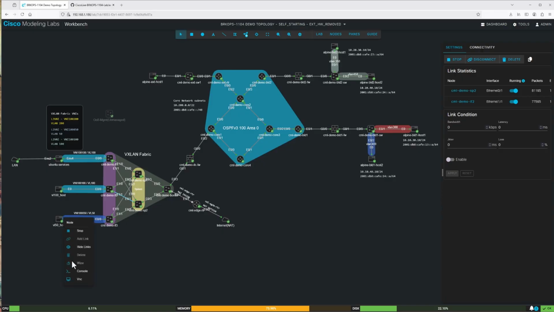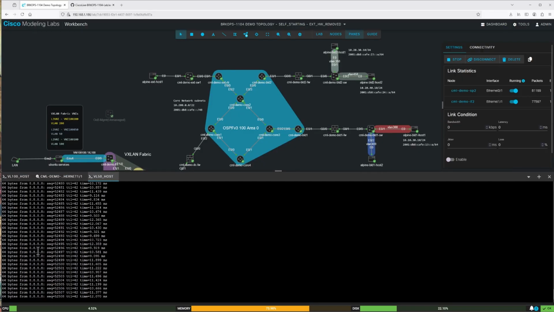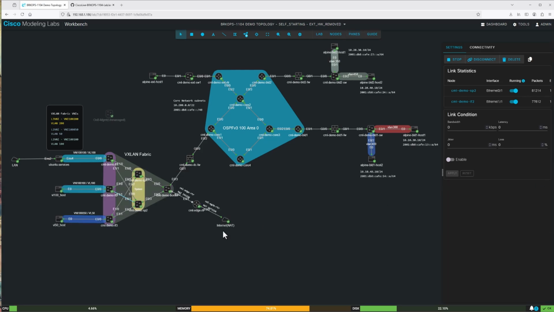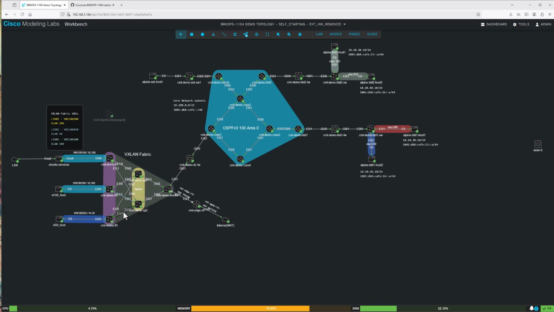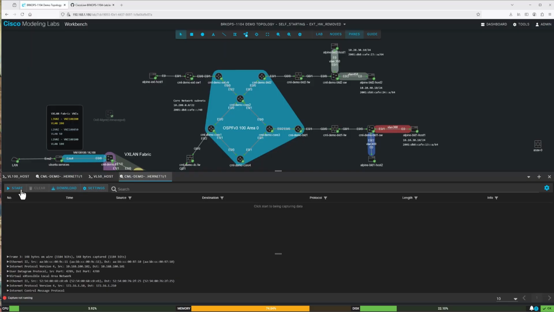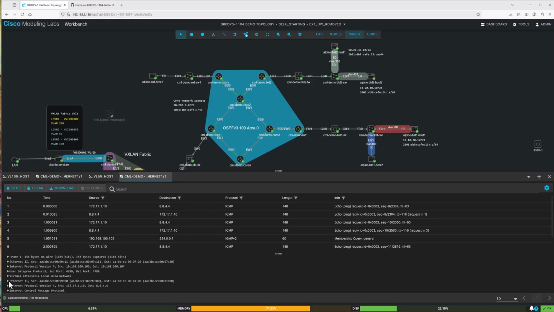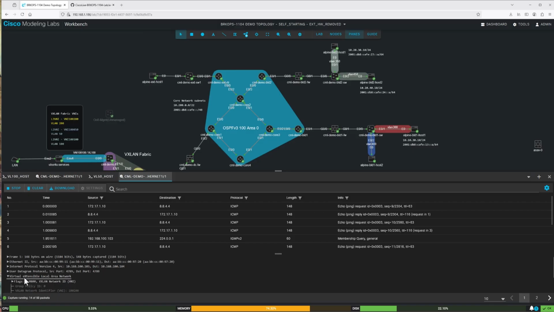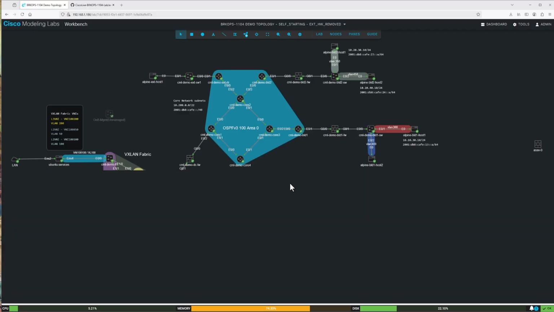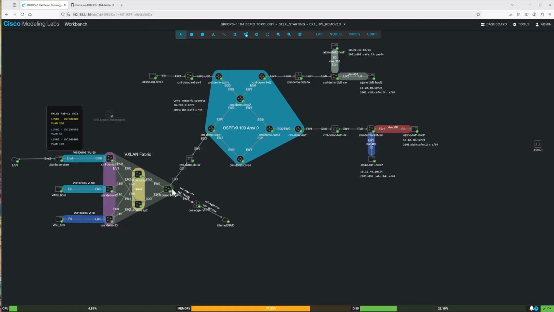And then on this host, if we do console, this should be trying to ping out the internet. So you can see it's going out to Google. If I just try a different address, 8.8.4.4. If we look at packet capture again, start it, see if we get an ICMP here. You can see, again, it's encapsulated in VXLAN, but if we look at the VNI, it's using 200, which, as I've noted here, is the L3 VNI. That is so it can route out to the border host here, which connects it to the edge